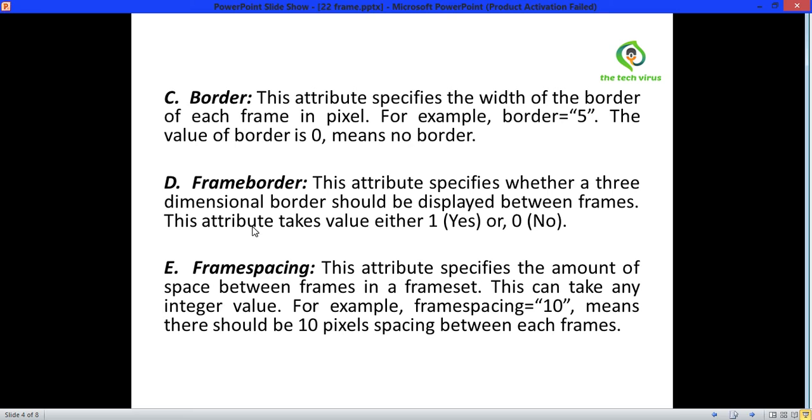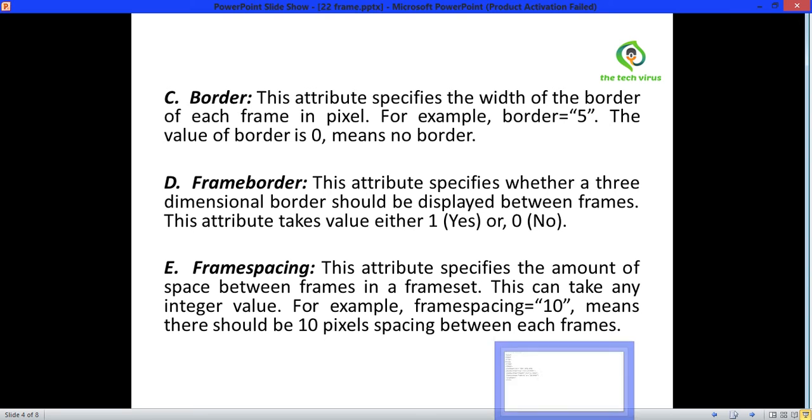Frameborder: this attribute specifies whether a 3-dimensional border should be displayed between frames. It takes value either 1 for yes and 0 for no. Framespacing: this attribute specifies the amount of space between frames in a frameset. This can take any integer value. For example, framespacing equals to 10 means there should be 10 pixel spacing between each frame.